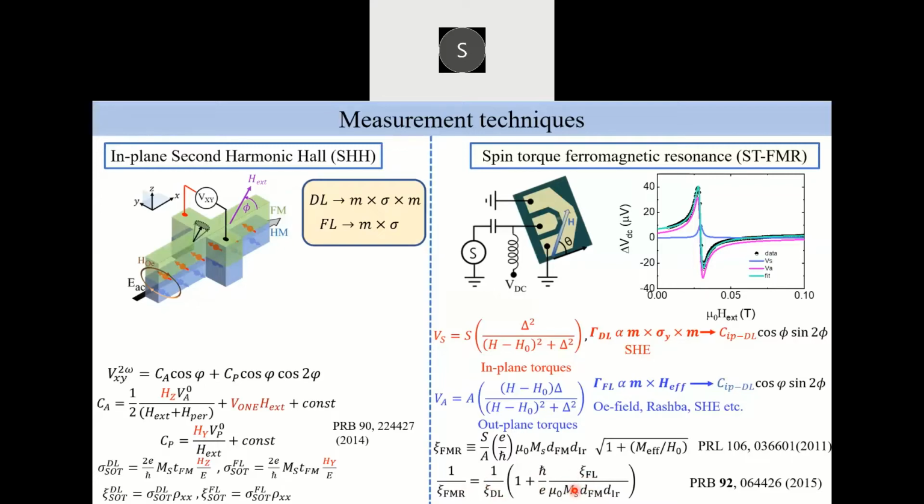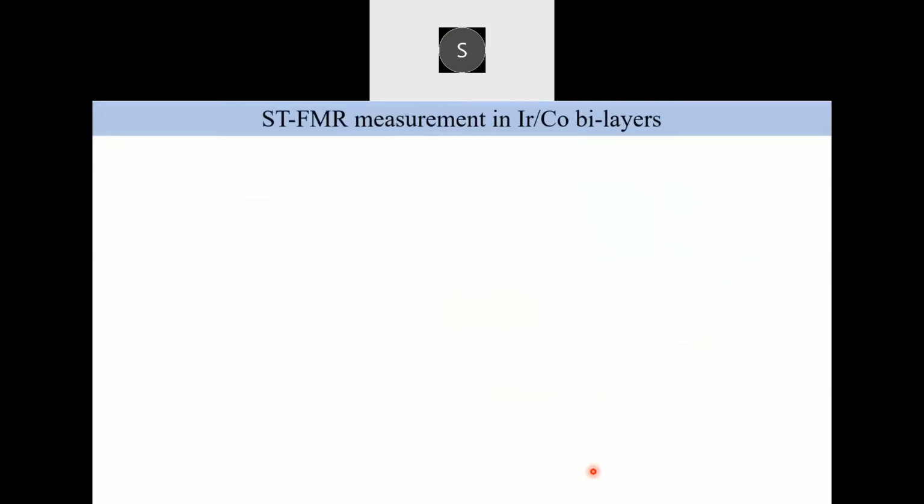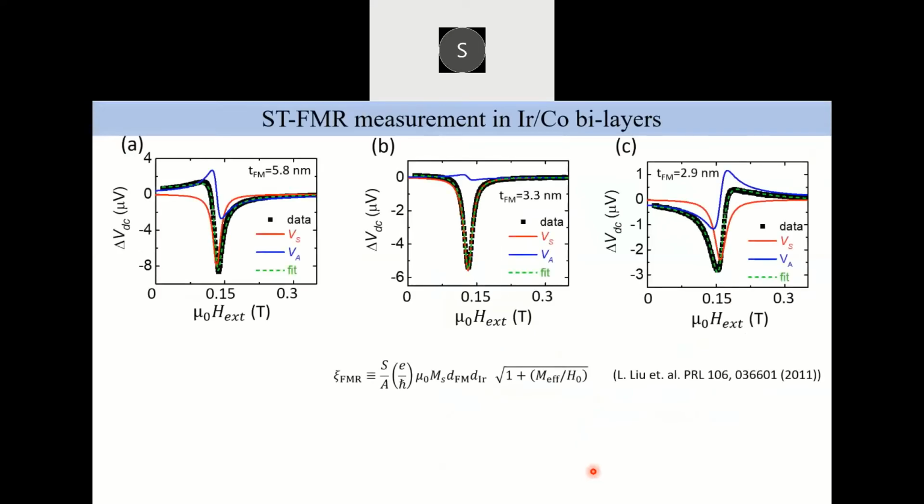following formula, where we vary the ferromagnet thickness, and we fit the data with 1 by Xi-FMR versus 1 by ferromagnet thickness. From the straight line, the intercept will give the damping-like efficiency, and the slope will give the field-like efficiency. So coming to our results, what we did: we have obtained the STFMR signal, which